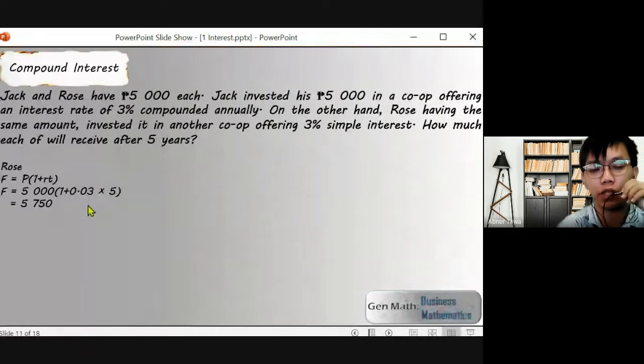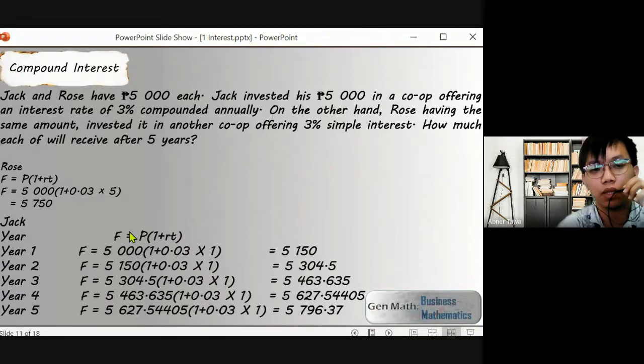How about Mr. Jack? Paano ba yung calculation ng kanyang pera after 5 years? And that is, we are going to have it here. So ibig sabihin, since sabi dito yung 3% compounded annually, we're going to determine kung magkano ang pera niya at or in every year. Since ang sabi dito is 3% compounded annually. And to determine how much money you will be having every year, we're going to have here the